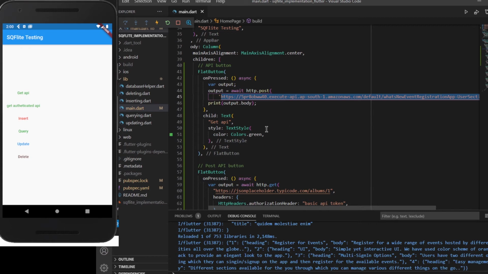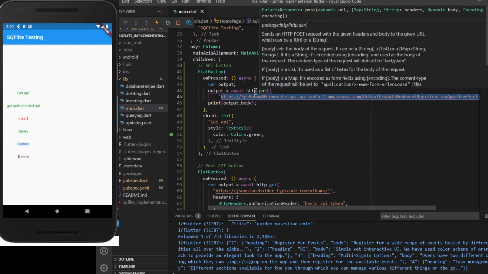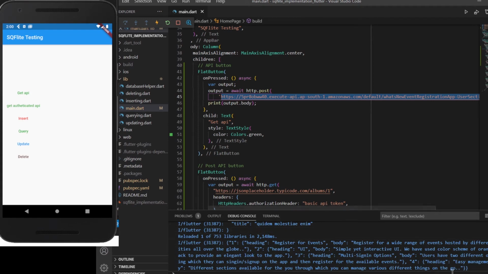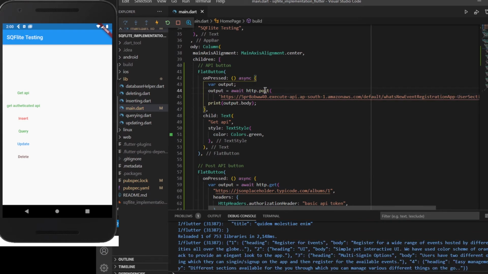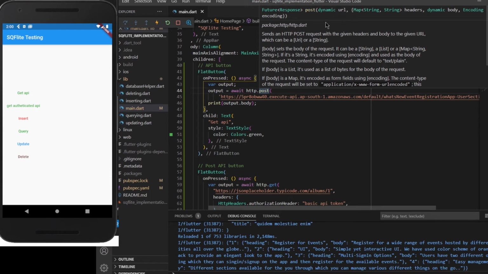But now I have added a post method also in my AWS console, and now whenever we replace the get method with the post method, it will provide us the same output which the function was returning with the get method attached to HTTP. So the output will remain the same, but now in this post method, one more thing which we can add apart from the headers and the URL is the body part. Whenever we are making a post request, we have to provide some body as well if we want the API to work on some particular thing.